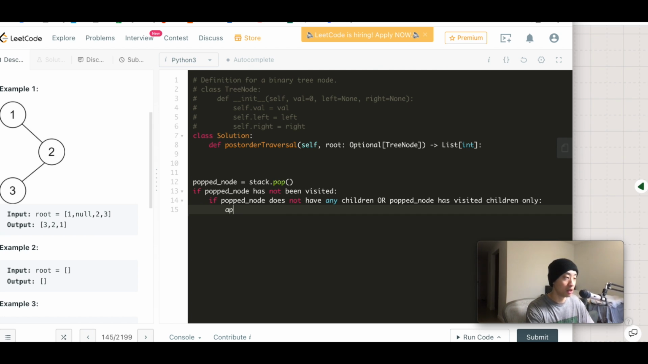So append, or let's just use the more formal term, I guess, though either one works depending on the data structure that you're using and the language. But we push pop node, and technically the value, onto results, right? And again, this is all pseudocode. Okay, great. But what if the node has not been visited, right? Let's say we go down this part of the conditional. So the node hasn't been visited, but